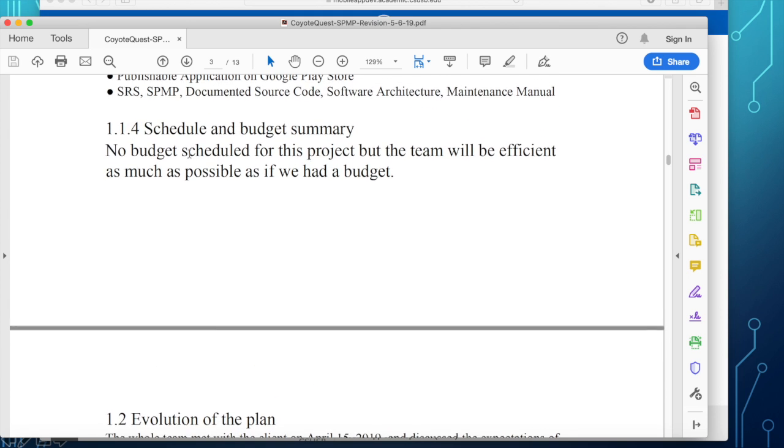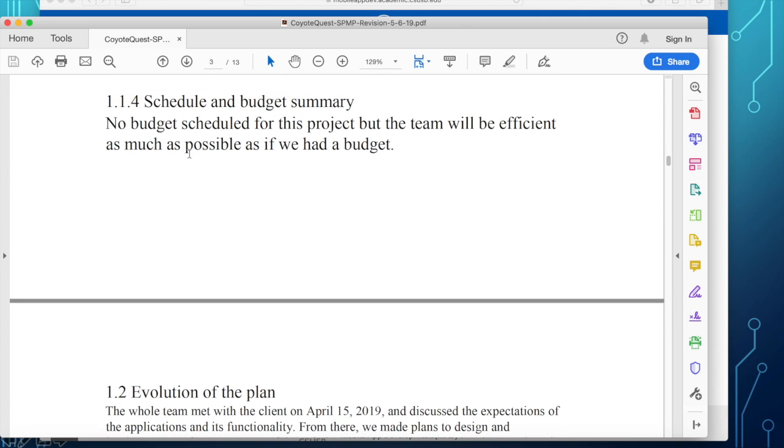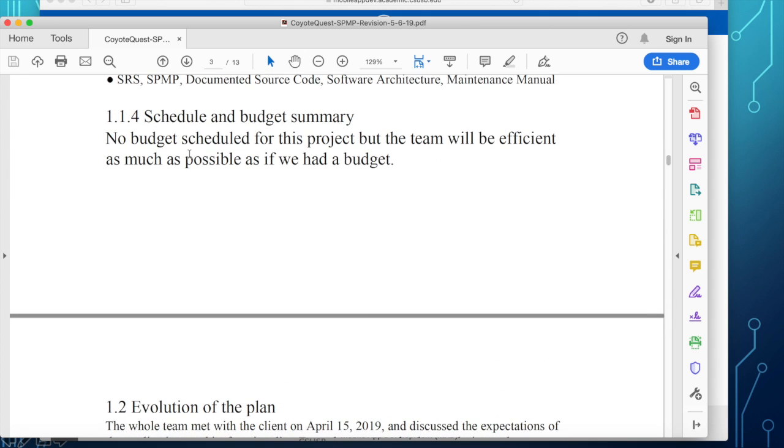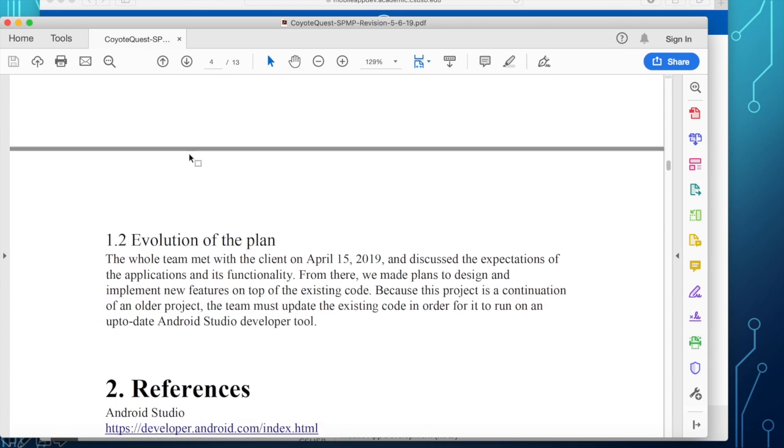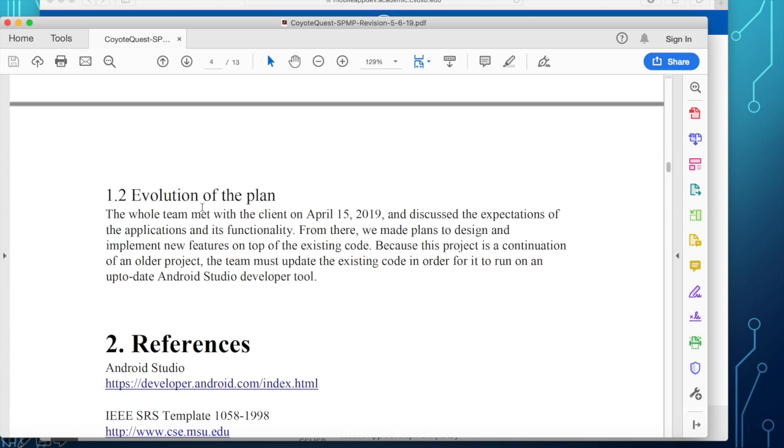Budget, we don't have a budget, but if there is one, you have to put the total amount that the whole project will need. All right. Evolution of the plan.